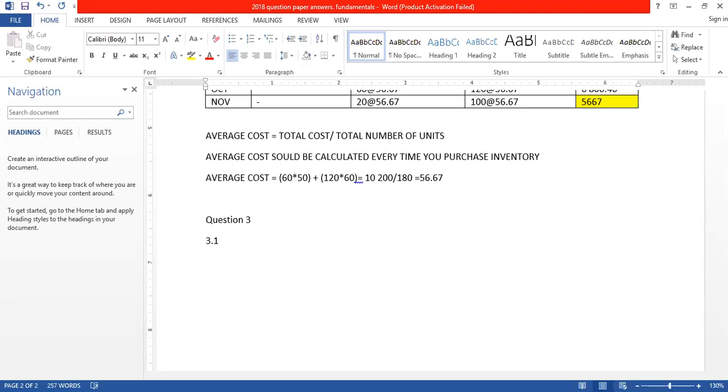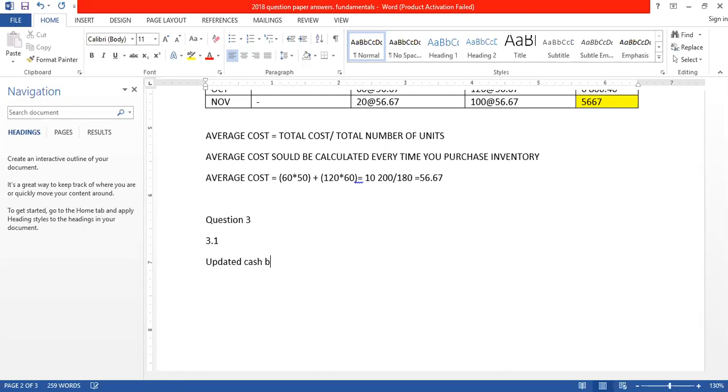Okay, so 3.1 says: You are given the cash book and bank statement above of Muharwa Guest House. Update Muharwa's Guest House cash book using the information above. So you write the heading. Don't forget to always write the heading first. So the heading will be updated